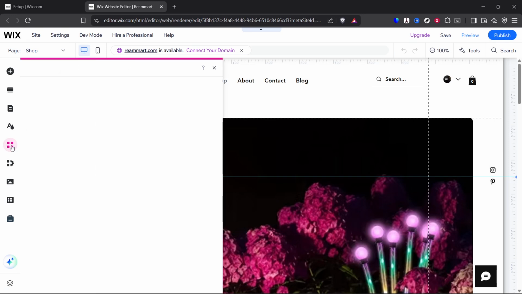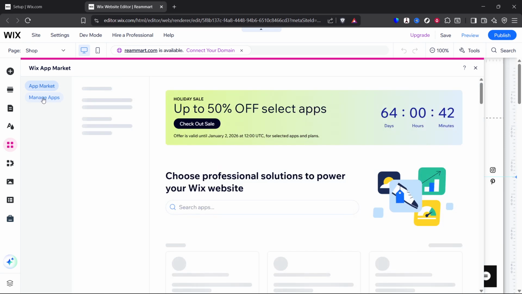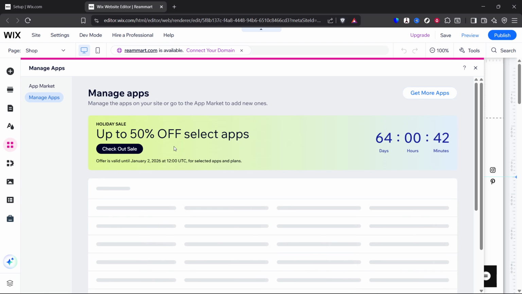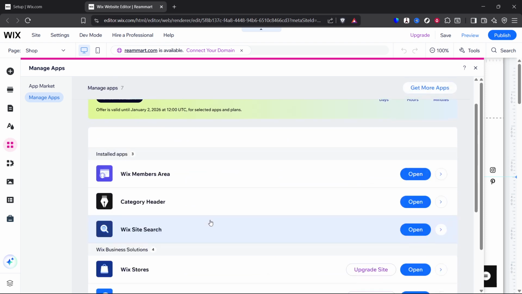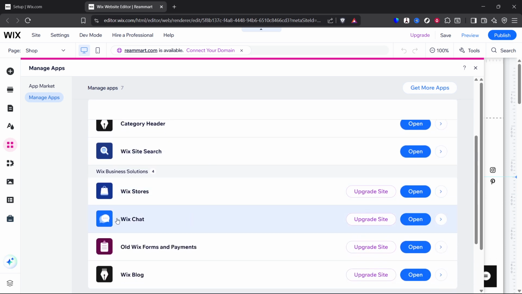screen. This icon represents the site elements and components you can manage and modify. Clicking on it will open a panel with multiple options. Here, you'll want to find the Manage Apps button. This section is where all your installed apps, including Wix Chat, are listed, providing you with a central place to manage or remove them. After clicking on Manage Apps, slowly scroll through the list until you come across the Wix